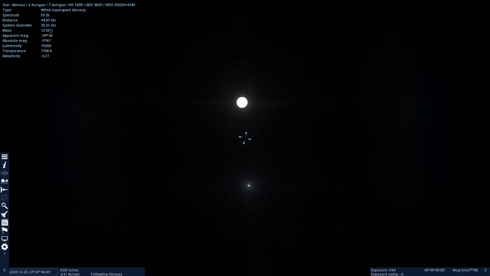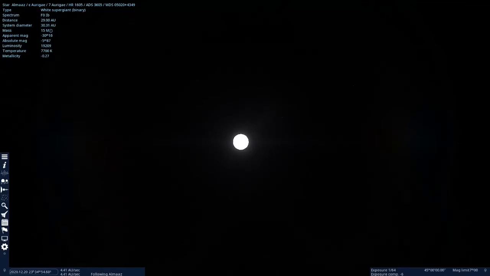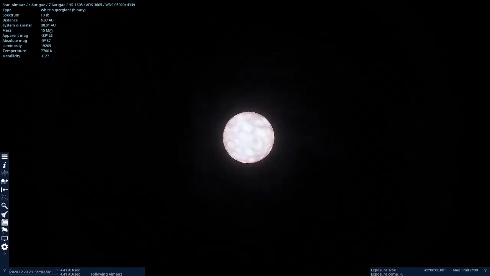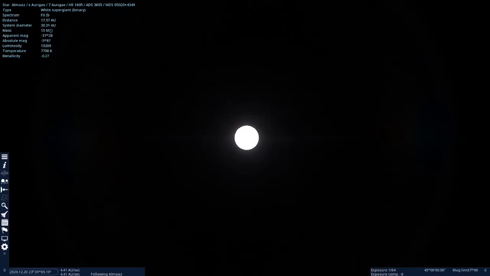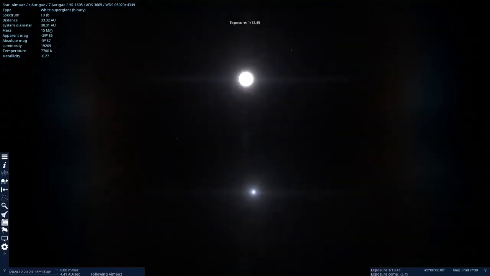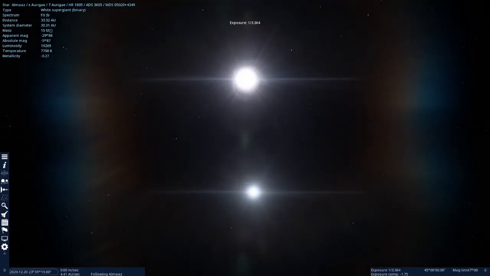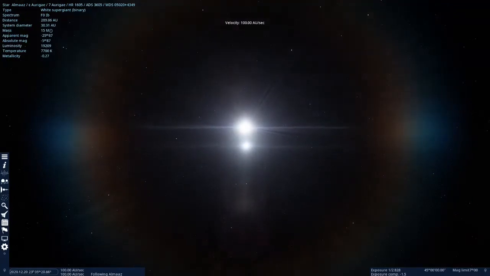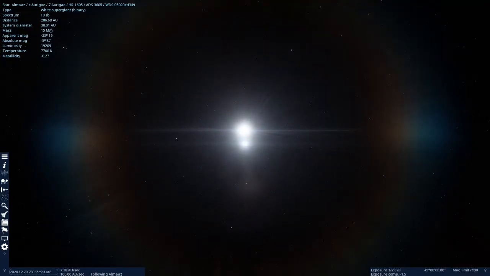All right. What's special about this, Earl? This is the one where its companion, they're not exactly sure what the companion is, but it eclipses it for a period of about 2 years. And they're thinking that the companion might be like a pair of red dwarfs with a whole lot of gas and dust associated with it. So it takes a long time to go in front of it. It goes like every 27 years, it eclipses it for like 2 years. Not completely, of course, but still quite a bit.